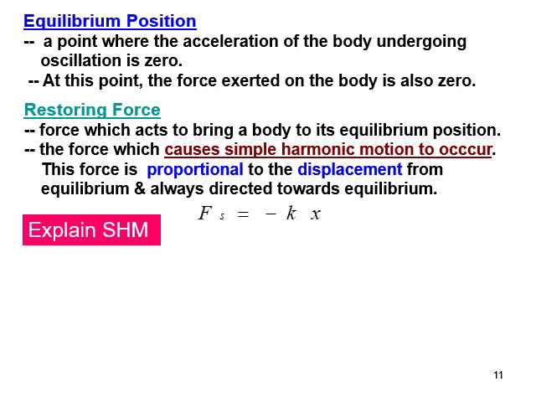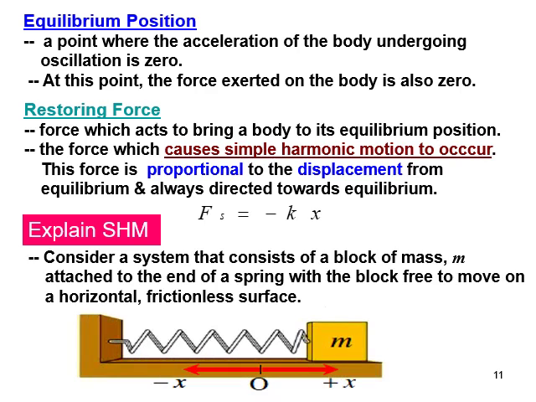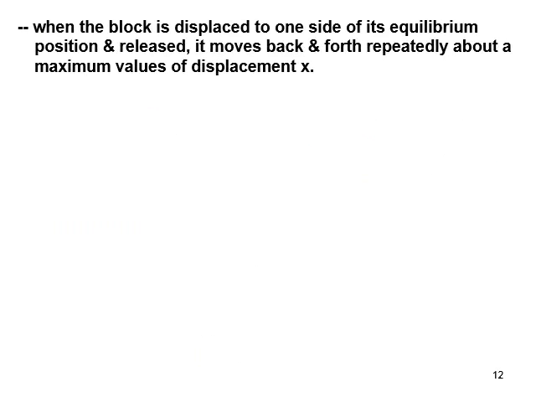For further explanation of SHM, consider a mass-spring system moving horizontally on a frictionless surface. When the block is displaced to one side of its equilibrium position and released, it moves back and forth repeatedly